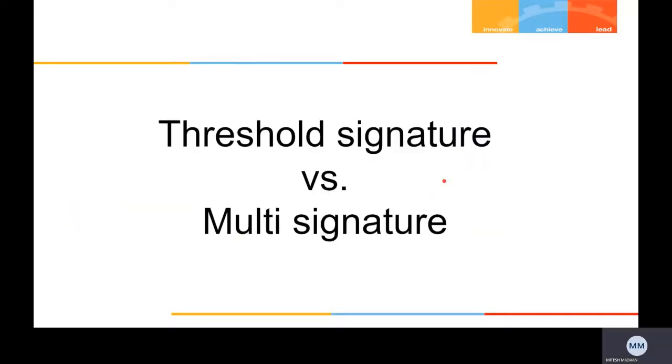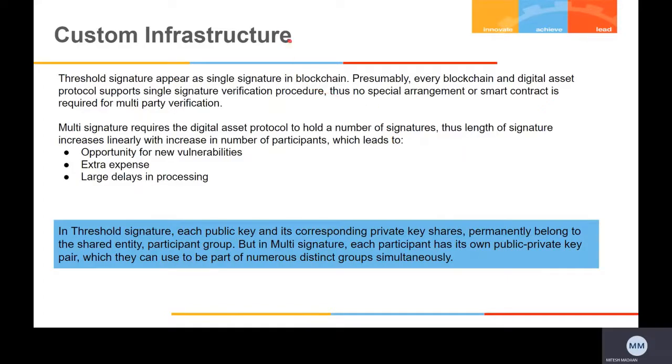In this session, we will understand the key differences between the threshold signature and the multi-signature, since both are two different types of the multi-party signature protocol. The first one is the custom infrastructure. Threshold signature appears as a single signature in the blockchain technology, and we can assume that every blockchain or digital asset protocol can support the single signature verification procedure. So no special arrangement or writing of a smart contract is needed for multi-party verification in case of